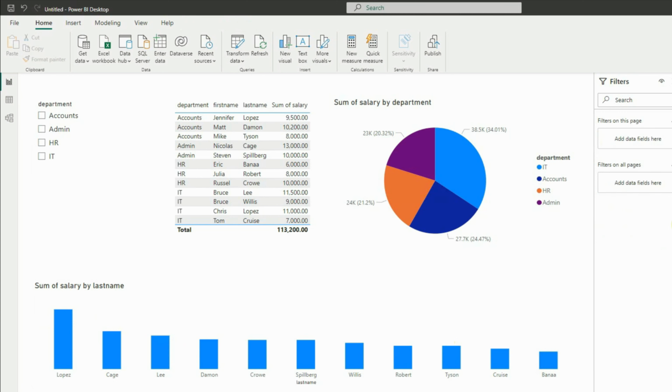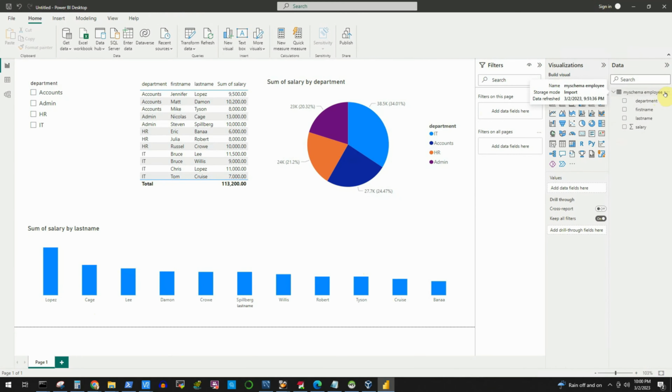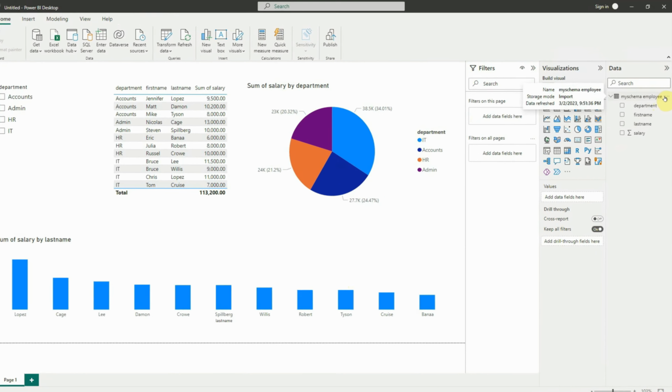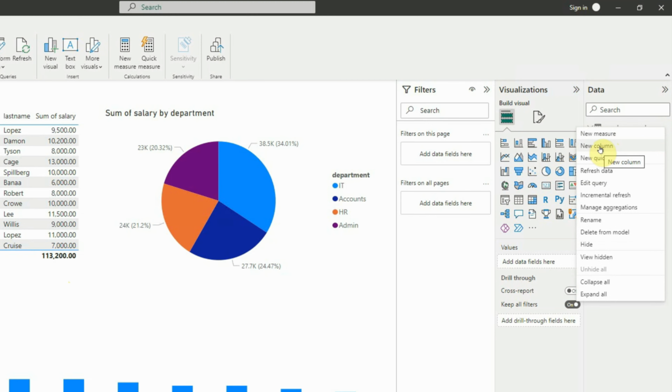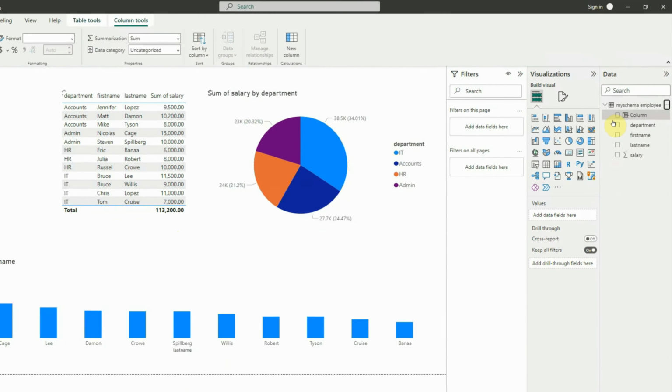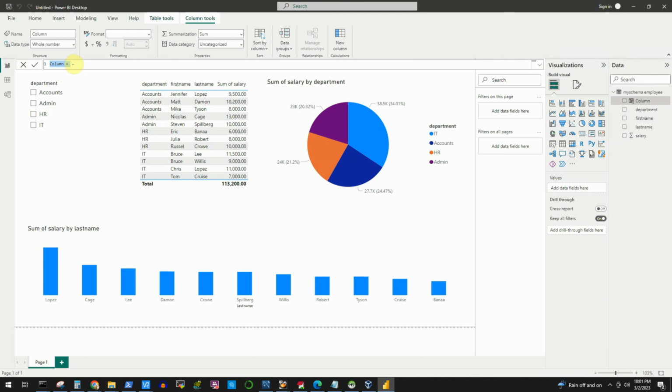And to do that, we are going to add one column here, which is going to be a calculated column. The reason we are going to do that is we have the first name and last name as 2 different fields in our table, and because of that, 2 persons with the last name Lopez are considered to sum up their salaries here, and we don't want that. So to add a column, we will click on these 3 dots here, and we will select this new column, and that will give us the option to create the new column here,